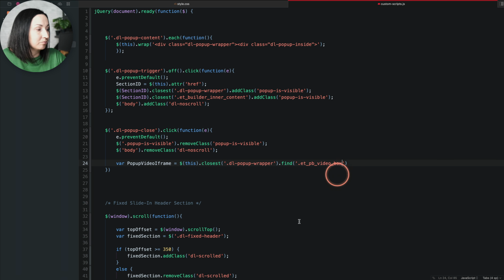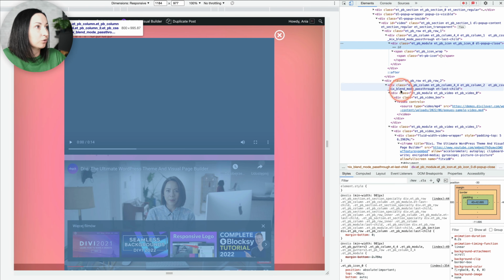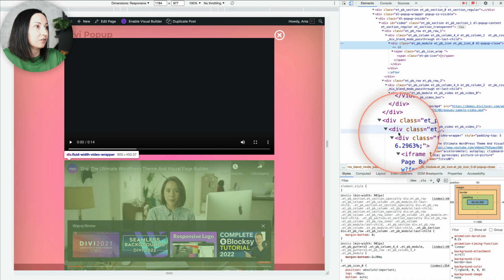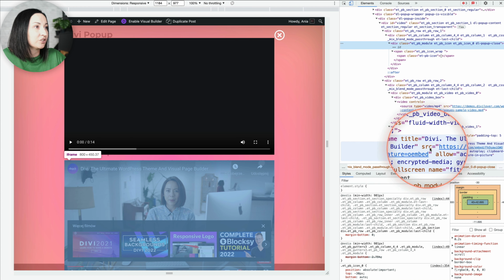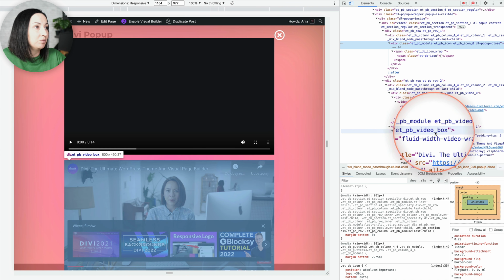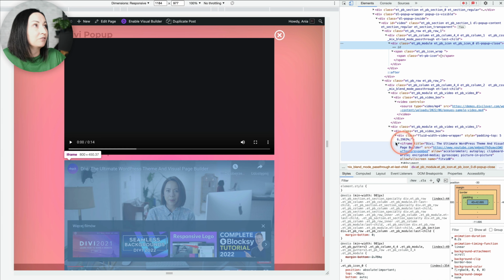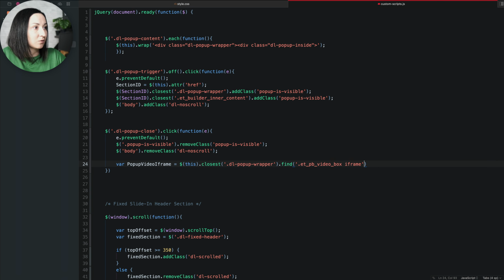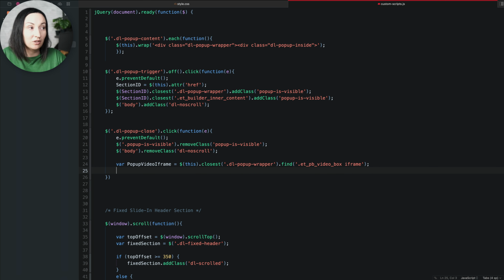And for an iframe, we don't want that div, but we want the iframe itself. So here we want to change the source, find the source, and change that source attribute of an iframe. So not only ETPB video box is our target, but iframe inside. ETPB iframe. Okay, so that will be the iframe with our video link. Now the source, that URL, we also need to store that so we can reattach that. So another variable, pop-up video source,